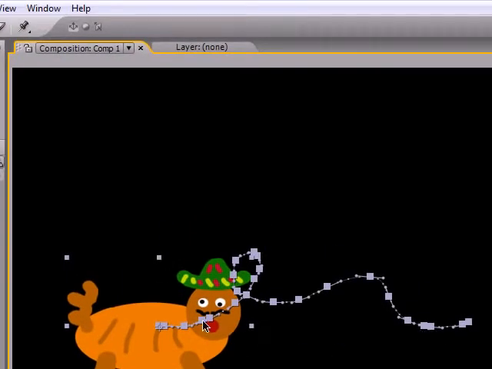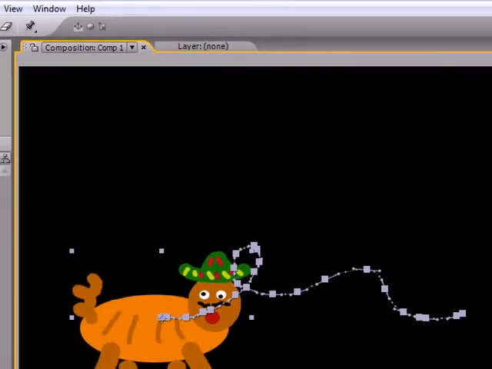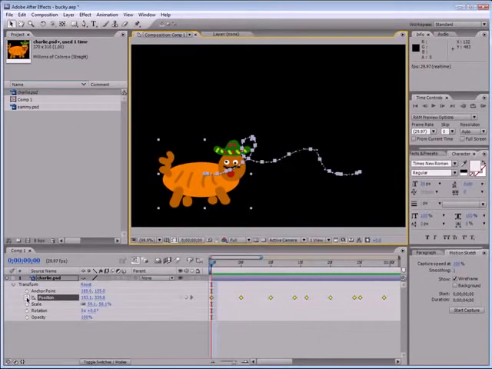While this gives you a lot of control, it is very hard to animate. If you wanted to animate one of these keyframes, it's going to be a pain in the butt. So to get rid of these keyframes, there are two different ways that you can make a smoother path. The first way that I want to show you